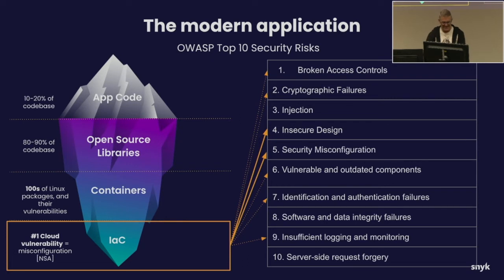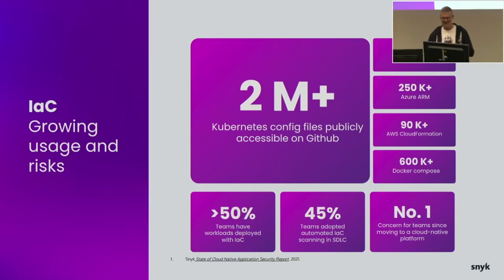So the last part of the iceberg is infrastructure as code. Infrastructure as code brings quite a number of extra risks with it. Over 2 million Kubernetes config files are publicly available on GitHub, and we find that a lot of them have things like shared secrets and other things that shouldn't be there. So we look at the Terraform, the Azure ARM templates, CloudFormation, and all the Docker Compose files,